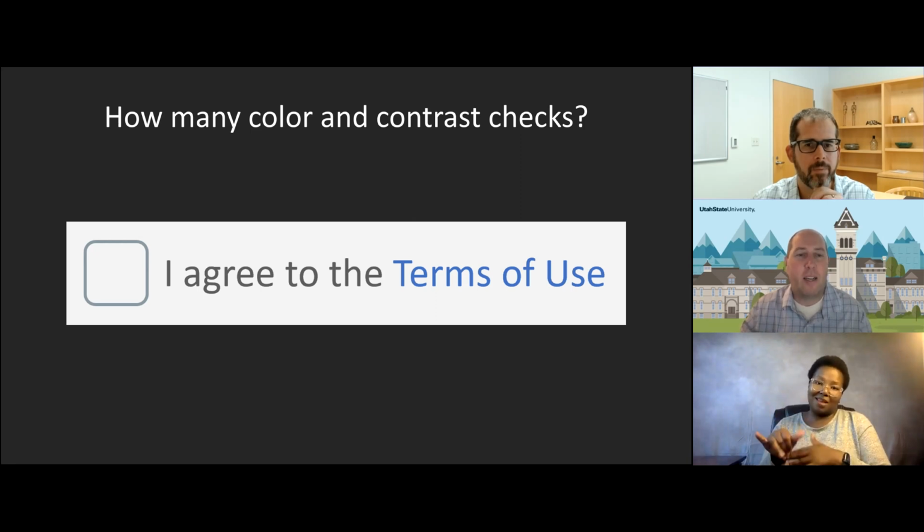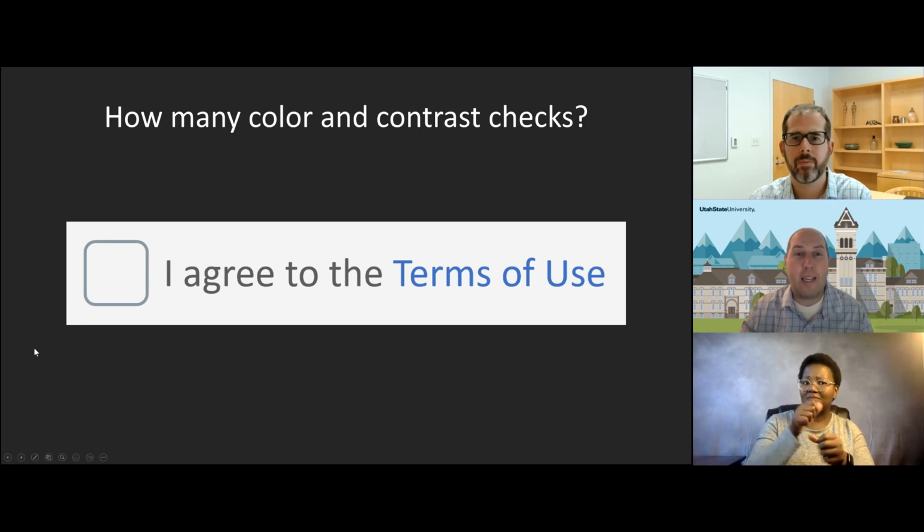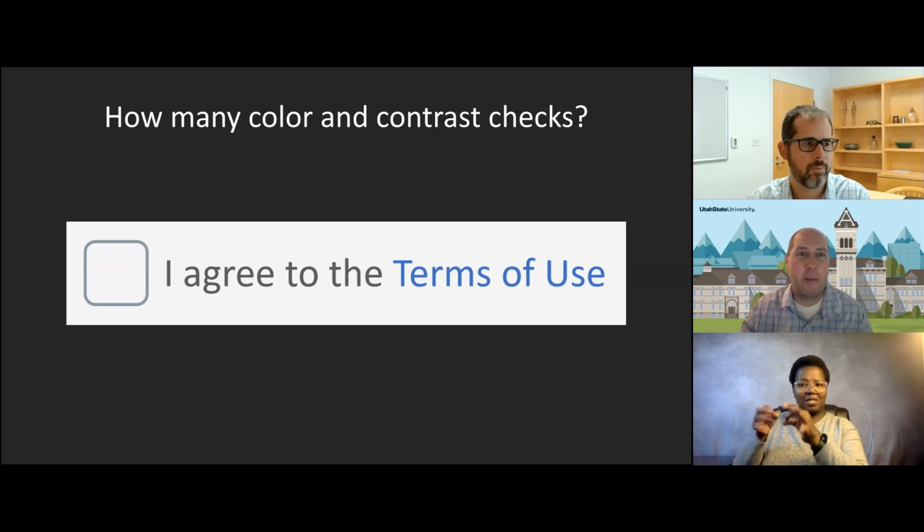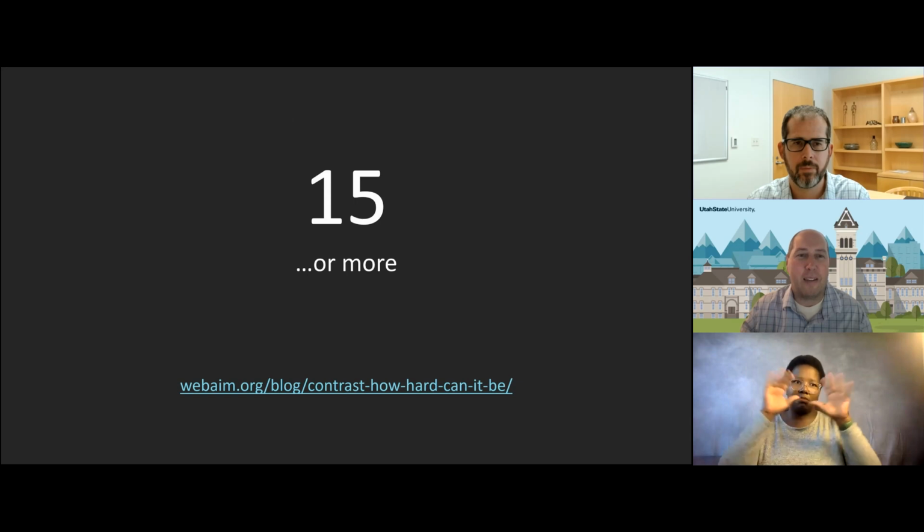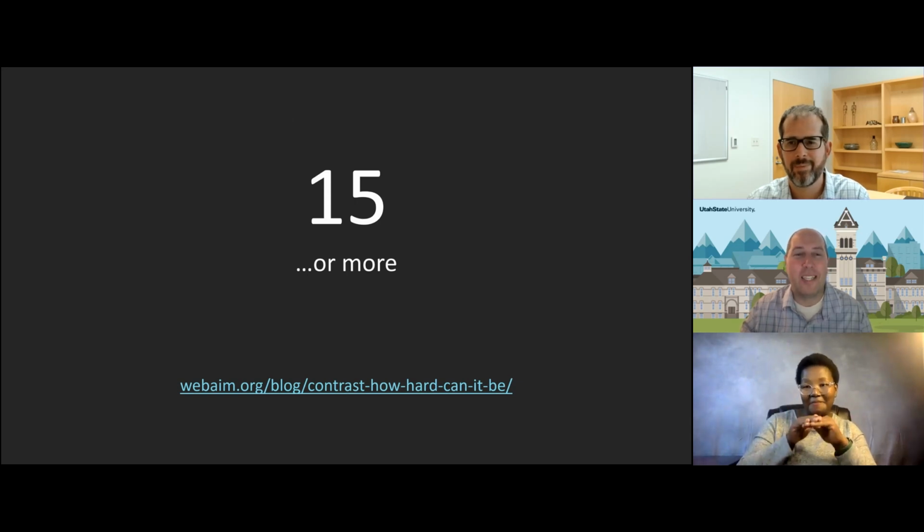So you might consider how many accessibility tests are necessary for this content to determine sufficient contrast as defined by the Web Content Accessibility Guidelines. You might just consider how many individual tests are going to be necessary here. And the answer might surprise you, right? Well, you might think there's at least 15, right? And we have an article that goes into the details of that, that outlines those 15 distinct tests,